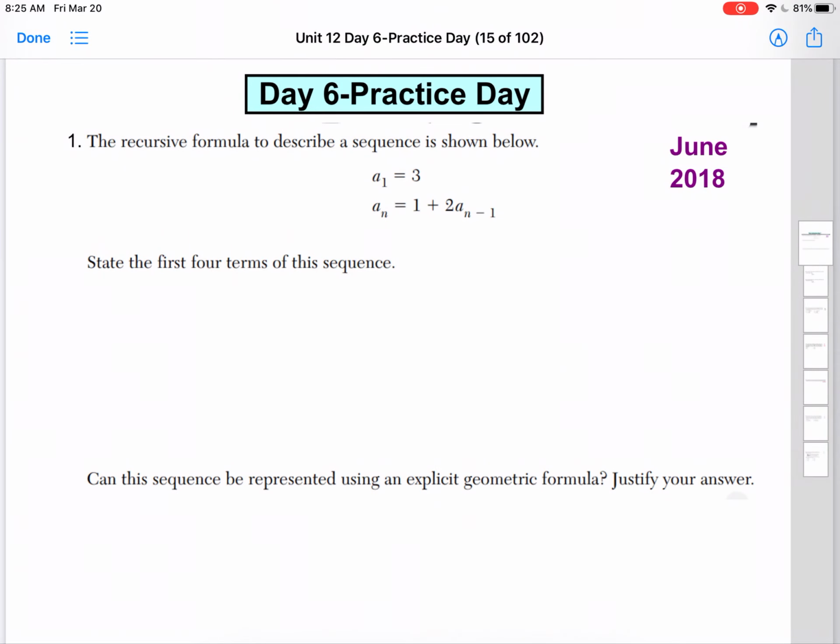Okay, guys, here we go, day 6 practice day. So we've learned everything we need to learn in this unit, and now we're just going to put it all together and practice a little bit. So the first one,